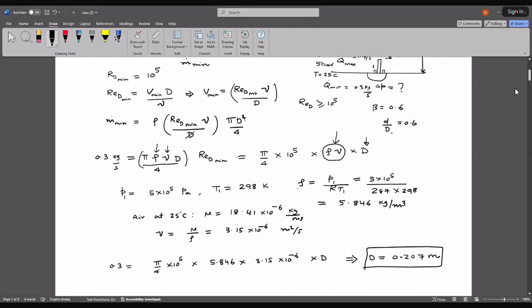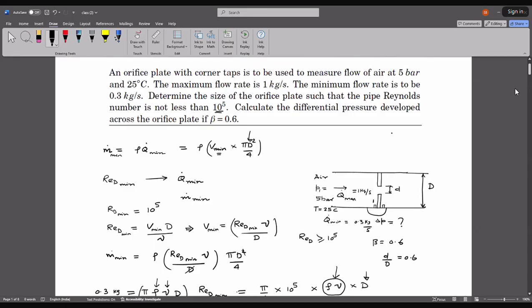So in order to have a minimum Reynolds number of 10 to the power 5, the minimum size of the diameter is basically